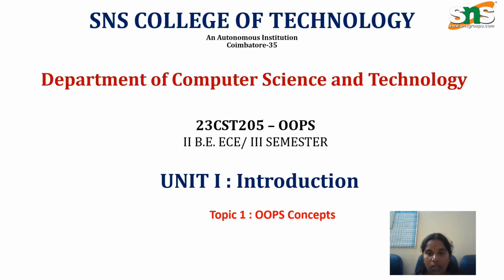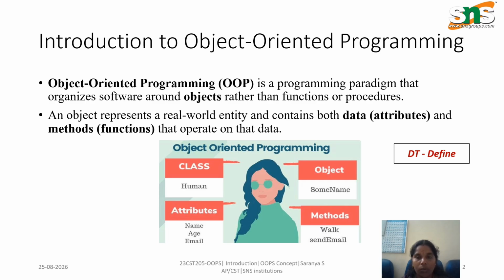And today we are discussing object-oriented programming in Java. First of all, object-oriented programming is a programming paradigm that organizes software around objects rather than functions or procedures. And in this, object-oriented programming is a modern programming method to design a program using classes and